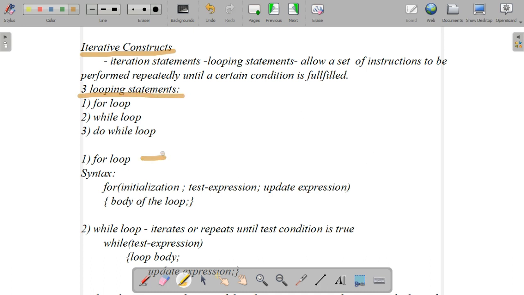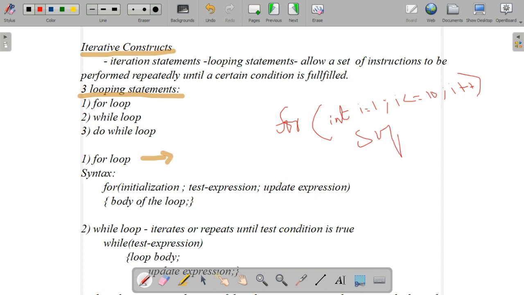For means, in the single statement itself, we have to give the initialization, test expression, update expression, everything. So the example statement syntax: for initialization, semicolon, test expression, semicolon, update expression. You can write like this: for int i = 1, here is the initialization. Don't forget to put the semicolon. i <= 10 is the condition we are giving, again semicolon. Update expression means an increment or decrement operator we can give here, i++. Then inside this we are just printing System.out.println of i.